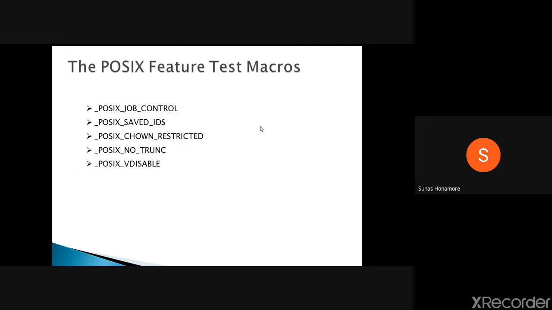Okay, so here we have a different thing. If this macro is defined and the value is -1, it says that a user may change the ownership of a file owned by them. So whatever ownership is there for that file, he can change it if this value is -1. So the user can change the ownership of whatever files he owns. Otherwise only a privileged user can change it.